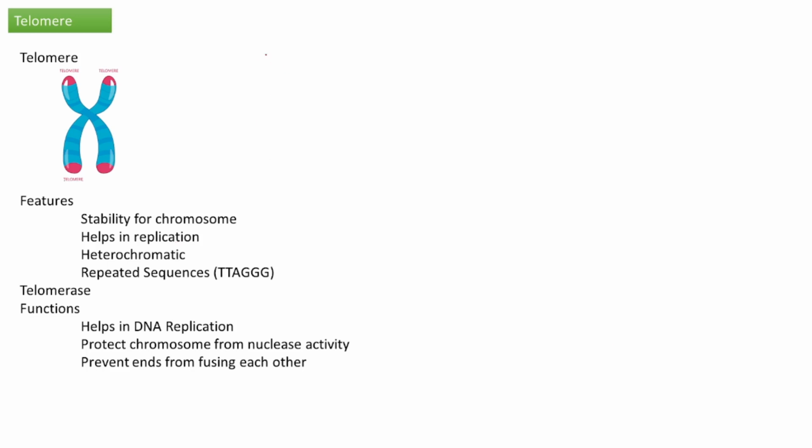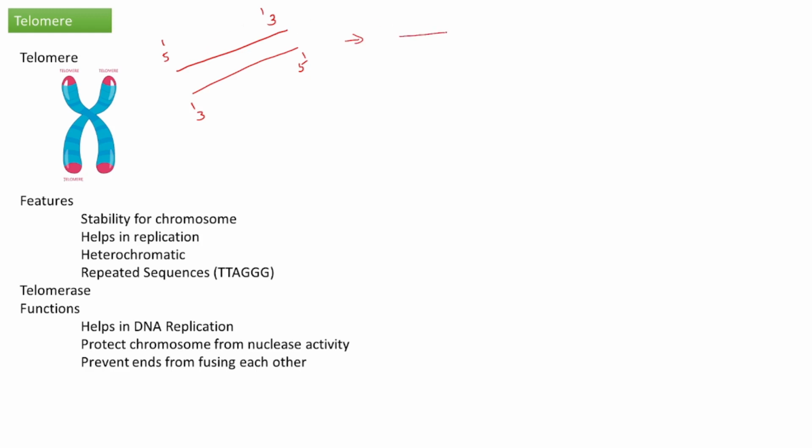DNA, we know that it is double-stranded and anti-parallel. Anti-parallel means one strand is 5' to 3', then the other will be 3' to 5'. Then what is DNA replication? Replication means generation of daughter DNA strand. I'm just going to draw the result of one round of DNA replication.